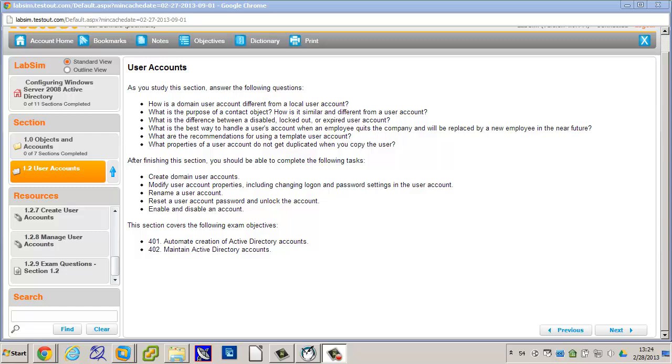The next section on page 186 is working with computer accounts. Computer accounts are created in the Active Directory when a workstation becomes a member of a domain. Like a user account, a computer account is a security principal with an SID and a password and must authenticate to the domain. Unlike a user account, an administrator can't manage a computer account's password and so forth. But the main point is that normally when it becomes a member of the domain, the computer account is automatically created. And that's how you get that object in there. I think that's an easier way of working with it because it just happens automatically and there it is.